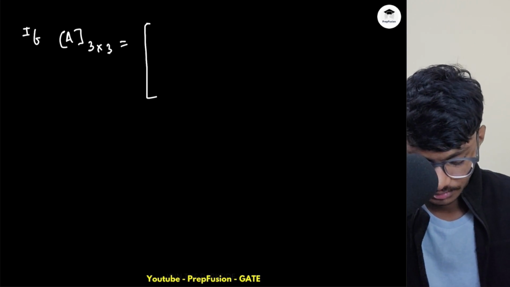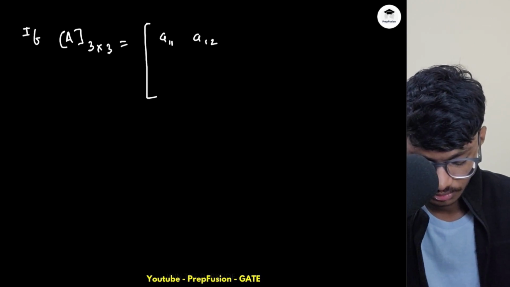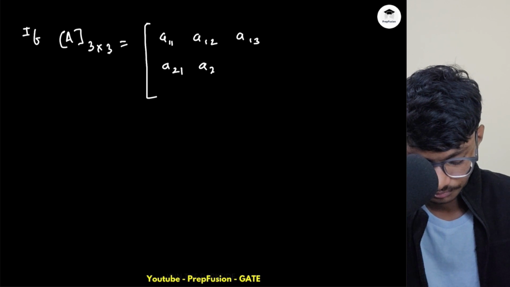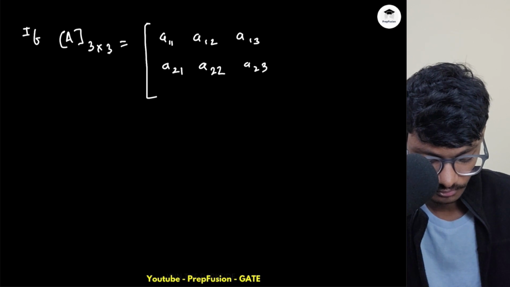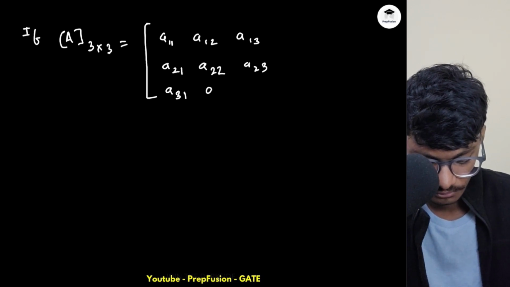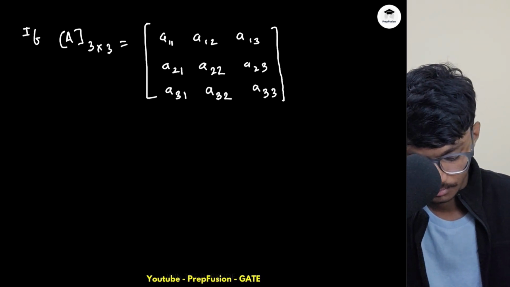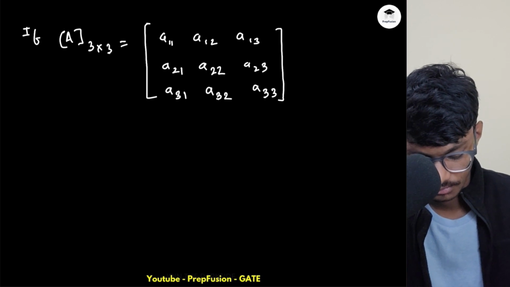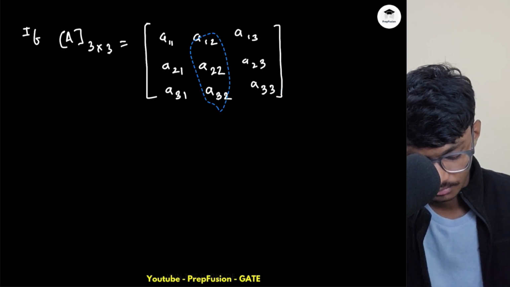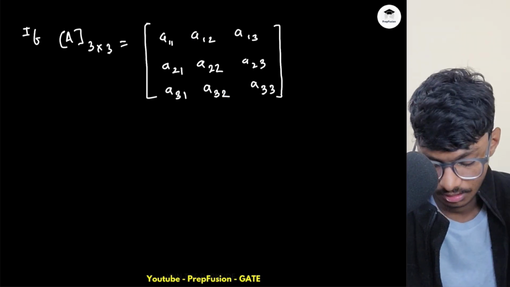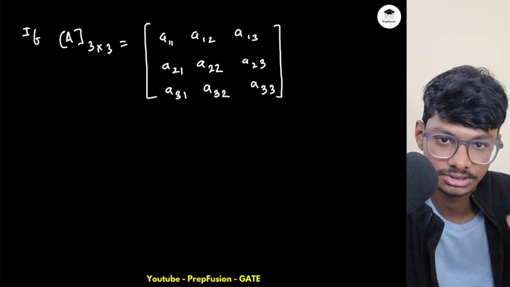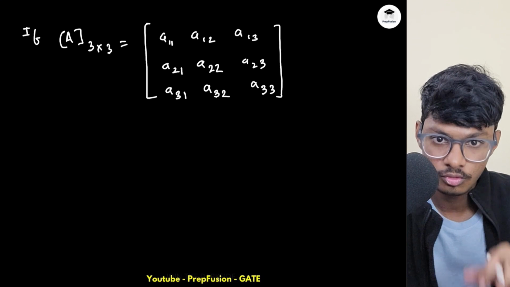I have a 3x3 matrix, A11, A12, A13, A21, A22, A23, A33. Okay, so now basically how to find the determinant of this, we will break this down into smaller 2x2